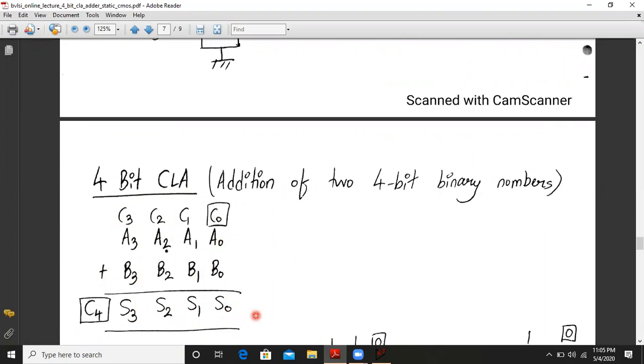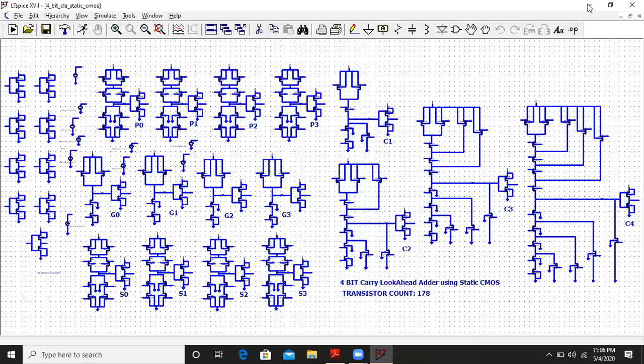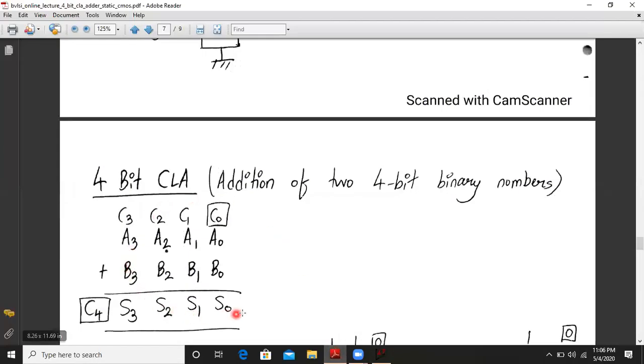Now let us go back to LT-Spice and simulate the circuit. We are back with the LT-Spice simulated circuit. Basically, these 178 transistors should work together and give us this result over here.